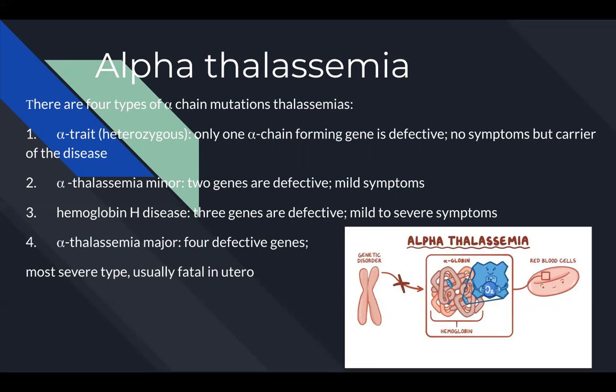The alpha H disease, which is the third form, has 3 genes defective, and the symptoms can vary from mild to severe. And the last one is alpha thalassemia major, in which all 4 genes are defective, and they can be